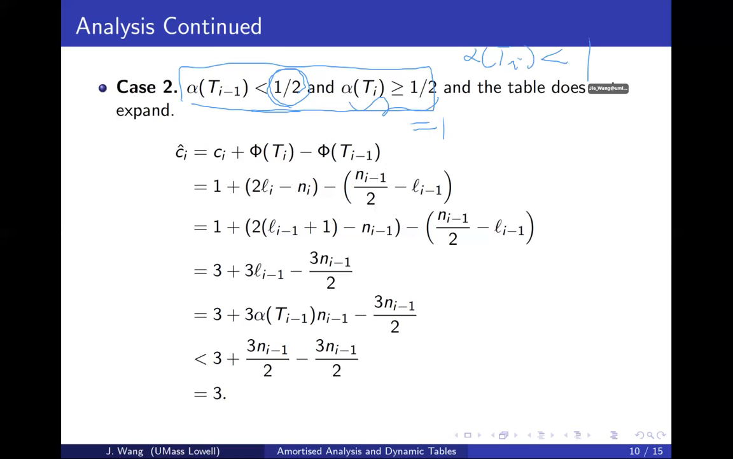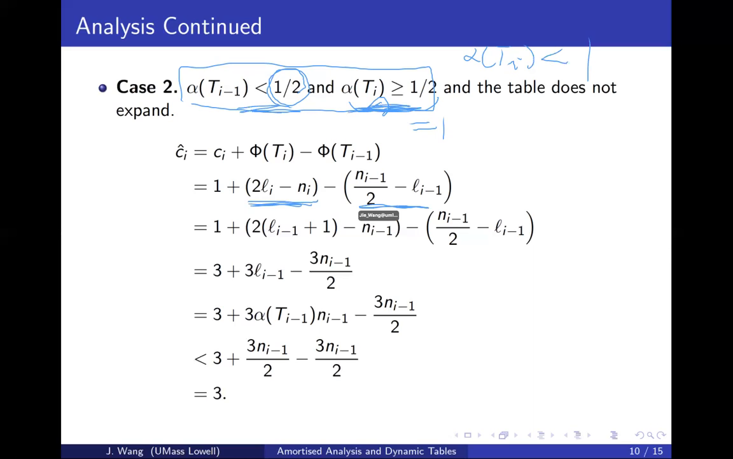So then we compute the amortized cost Ci hat, which is equal to Ci plus phi of Ti minus phi of Ti minus 1. Then we plug in the definition. Alpha of Ti minus 1 is less than 1/2, so we plug this one in. And alpha of Ti is greater than or equal to 1/2. Sorry, this is greater than or equal to 1/2, we'll plug this in. This is less than 1/2, we plug that in. Okay, so once again,